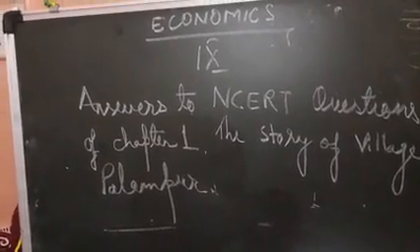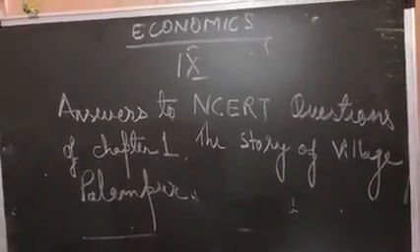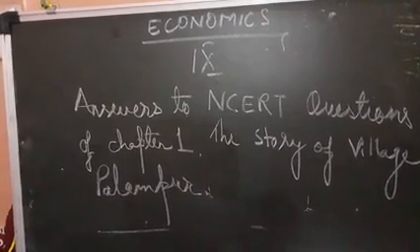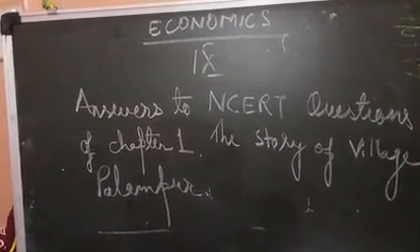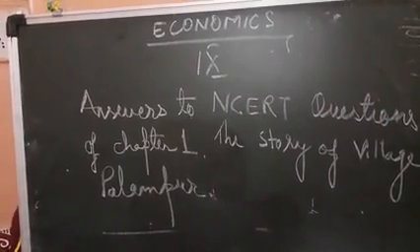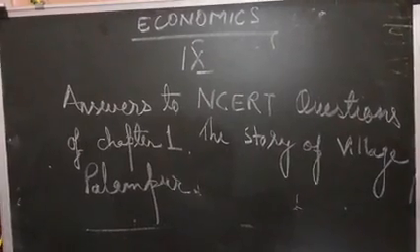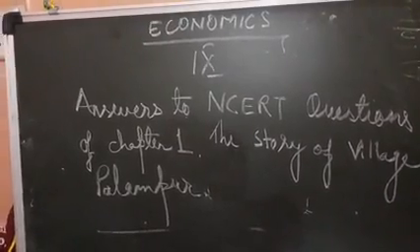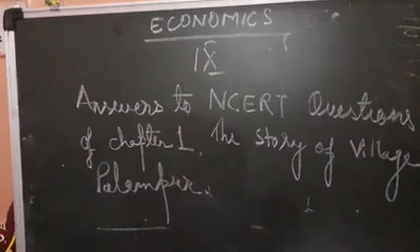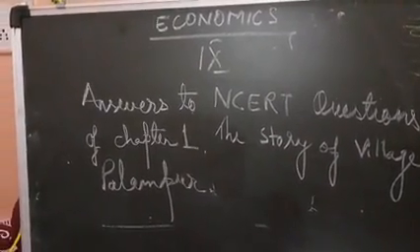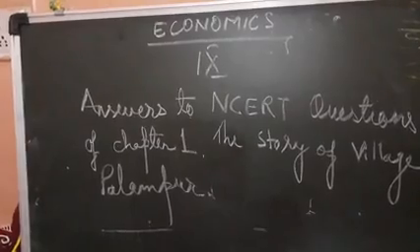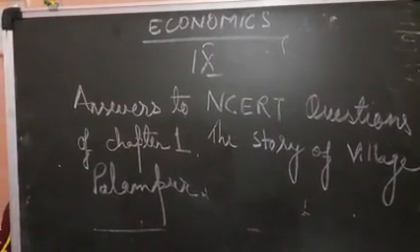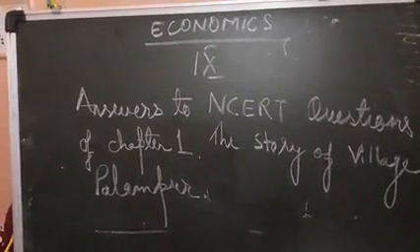The first question is, although it is an activity based question, but still we are discussing a little. Every village in India is surveyed once in 10 years during the census, and some details are presented in the following format. So when the census is being conducted, the details of some area are taken. Fill up the following based on information of Palampur. So here we have to fill this given table according to the information which we have got of village Palampur. Here the location, total area of the village and land use in hectares.